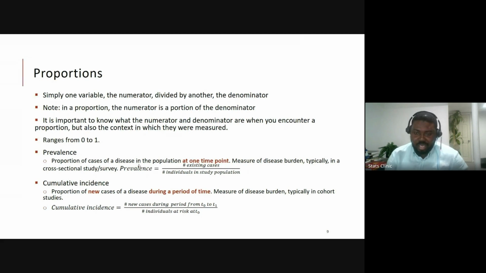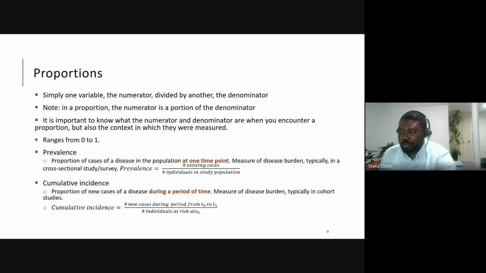If you already have that condition, then you go in the numerator, and everybody in the population goes in the denominator. It's important to always note what's in the numerator versus the denominator, because sometimes you have ratios that look similar but are not the same. Okay, so that's a prevalence.